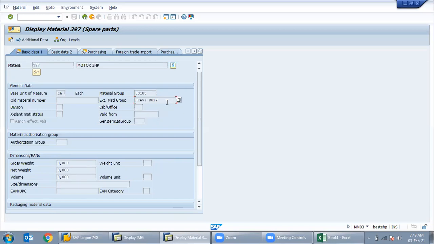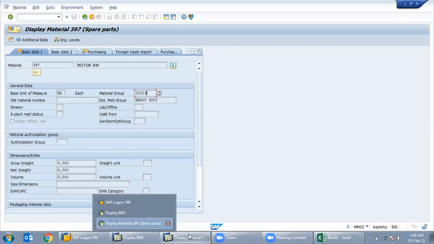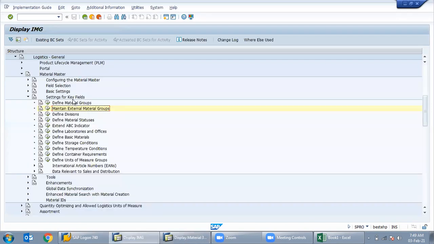The vendor's own group is maintained in the external material group, and our internal group is the material group only. That is electronics, that is the spare parts. So we are going to maintain as per requirements, and we have to configure before maintaining, because how will it come in the drop down? If we do not configure here, define material group or maintain external group, how will it come in a drop down? So how will the end user select from the drop down after creating, right? Okay.